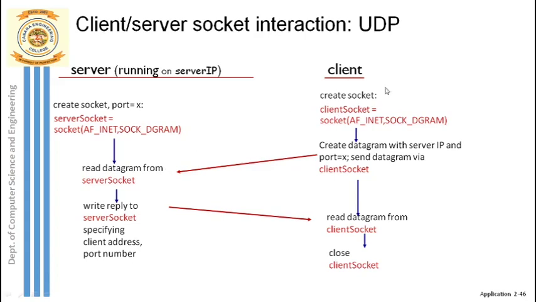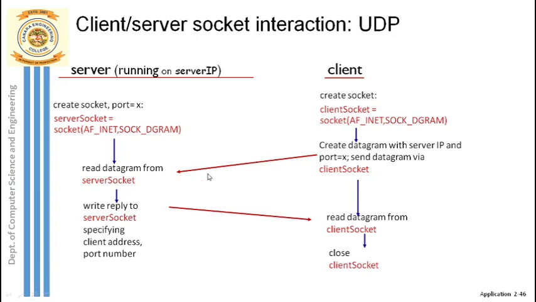From address includes client's IP address and client's port address. So now the message, once it reaches the server side, he will be ready to write the reply. Once it is converted into uppercase, he will send back the reply to the client's IP address and client's port address. Once the client receives it, he displays that uppercase message on its screen, and finally he closes his socket.